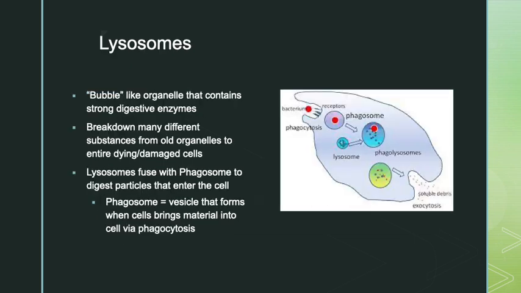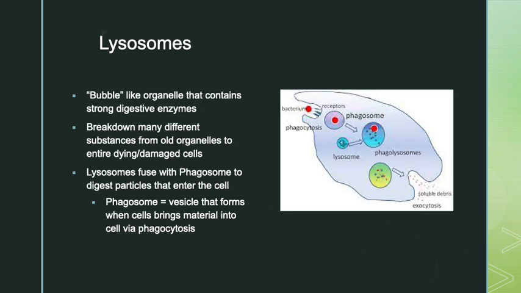While we are doing all of that, producing proteins and packaging and shipping things, we make a lot of debris. There's a lot of kind of trash, if you will, that builds up in our cell. And our lysosomes are really there to take care of that. Lysosomes are very bubble-like organelles that kind of look like perfect circles in that picture. And they are going to contain digestive enzymes that are able to break down lots of different substances of the